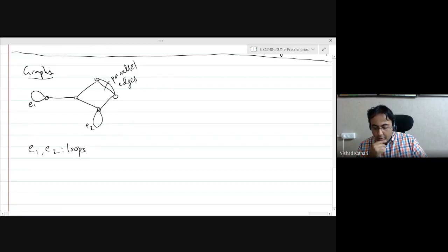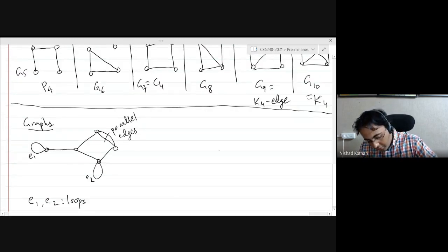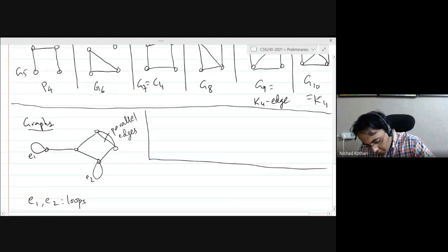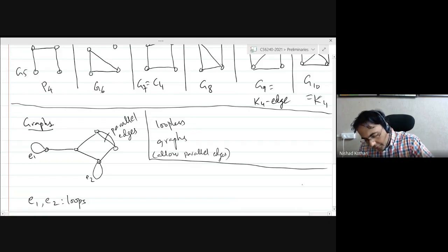In certain modules of graph theory, in certain topics of graph theory, they don't really matter, and then we will only deal with simple graphs. Sometimes parallel edges matter but loops don't matter, and these are going to be called loopless graphs. Okay, so there are different terms for it. Loopless graphs. So we are allowing parallel edges but we don't allow loops, and these are also called multi-graphs.